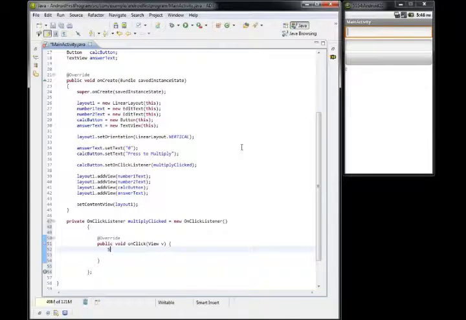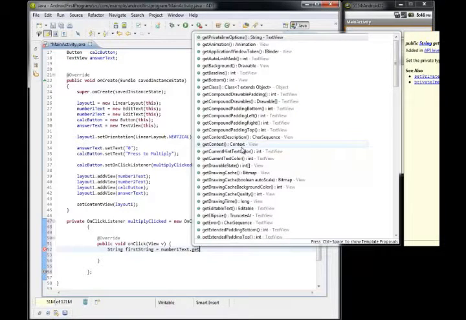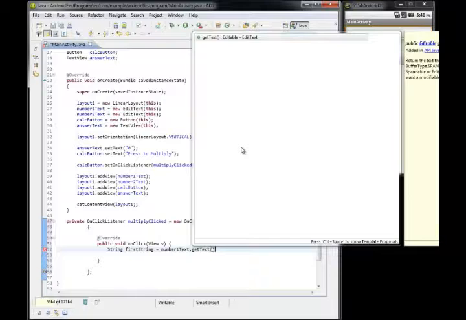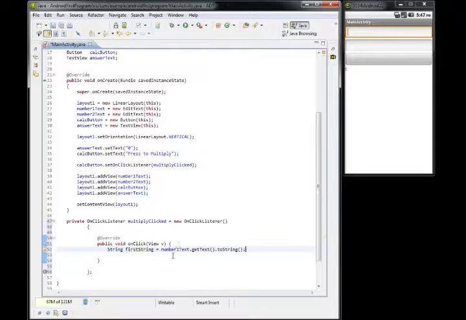First, let's make a temporary string, and we'll call it first string. Now you could do this all together at once, but I'm going to break it up into pieces so you get a better feel for what's happening. And we'll call this number one. So we'll go to number one text. That's where we're going to type a number, and get the text out of there. Get that text out, and then convert it to a string. So go to the edit text, get the text out of it, and convert that to a string